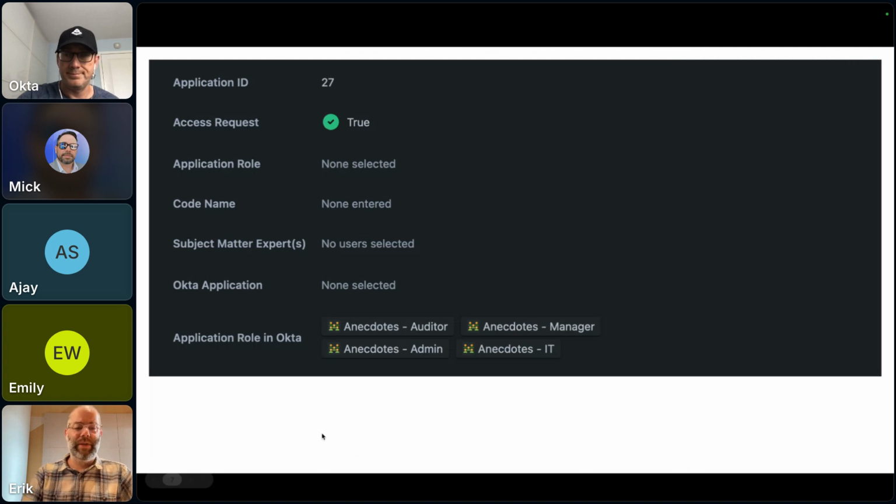Here's also where you can see we do have this access request true. I'll show that in a little bit on the Jira form that we have. We dynamically allow certain applications to be in the access request. If it shows up there as true, it's listed. In the application role in Okta, this is the item I was talking about where we have the groups in Okta that assign specific roles. So here you can see it's just IT manager, admin, auditor, right? These are the roles that are available, and ultimately what group you would get assigned to.